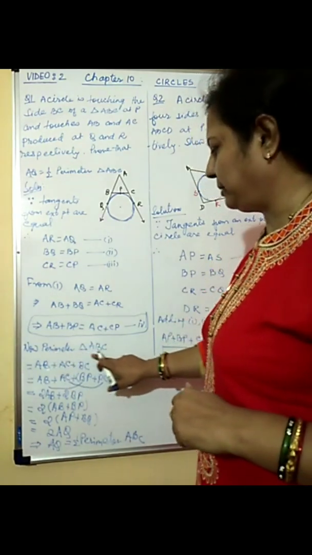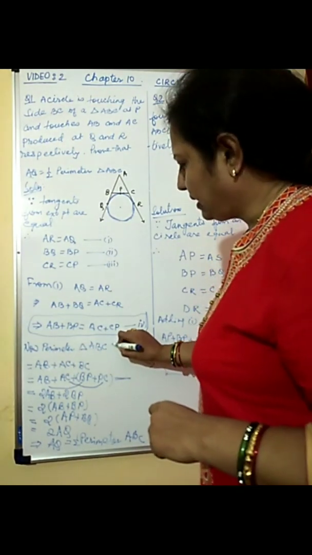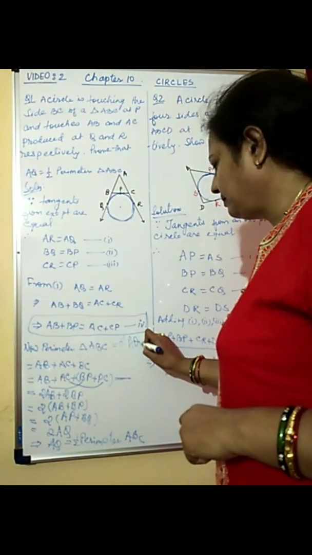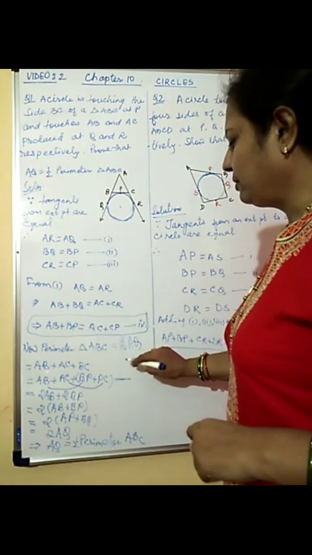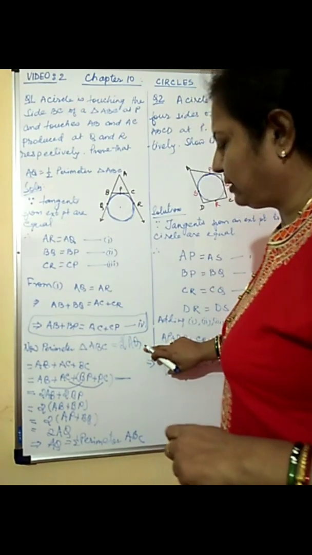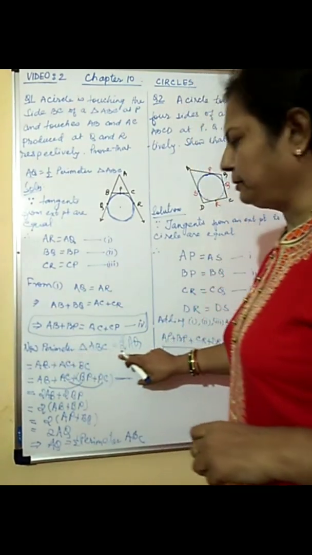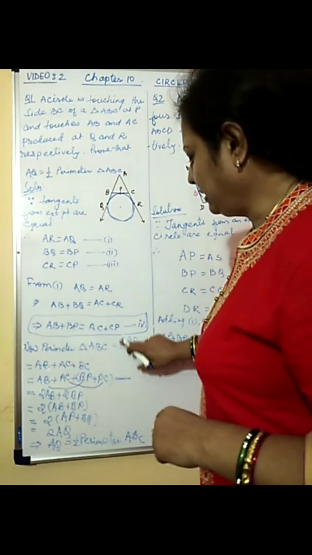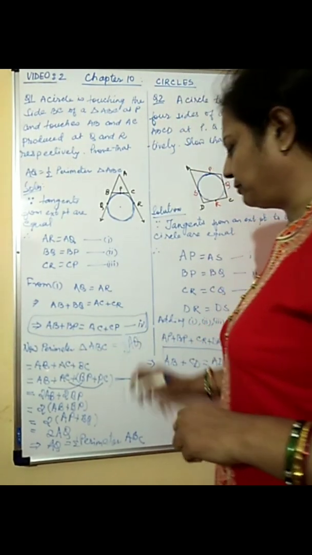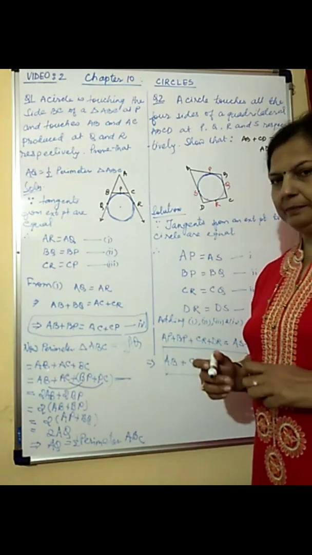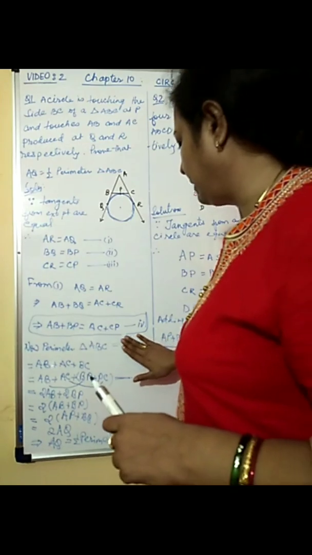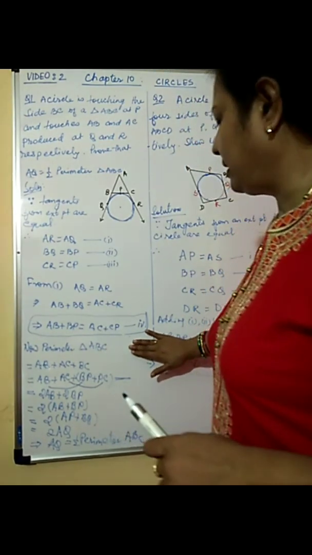So we were getting the perimeter of triangle ABC is equal to 2AQ. So if we wish to take the value of AQ, the 2 has to go down. So that will become the perimeter of triangle ABC divided by 2. So that is nothing but half of the perimeter of ABC. So this is one question which is important, and then let us go to the second important question